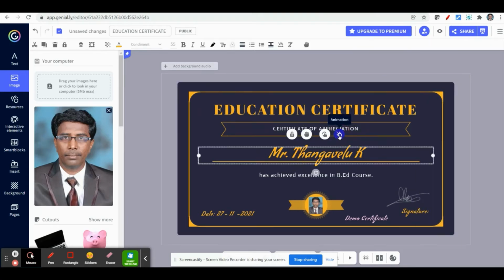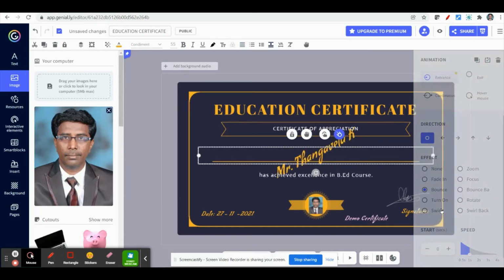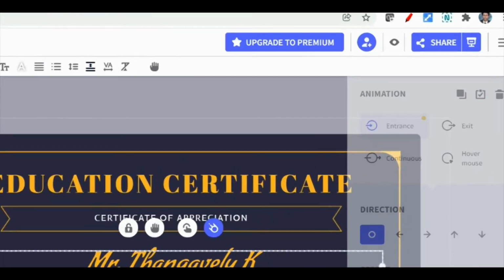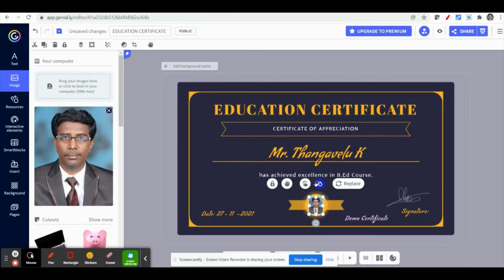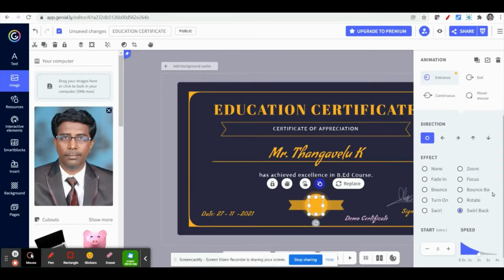Also you can click animation options. Turn on options or swing back. I just select this one. And for the photo also you can get this animation option. I can select this option.